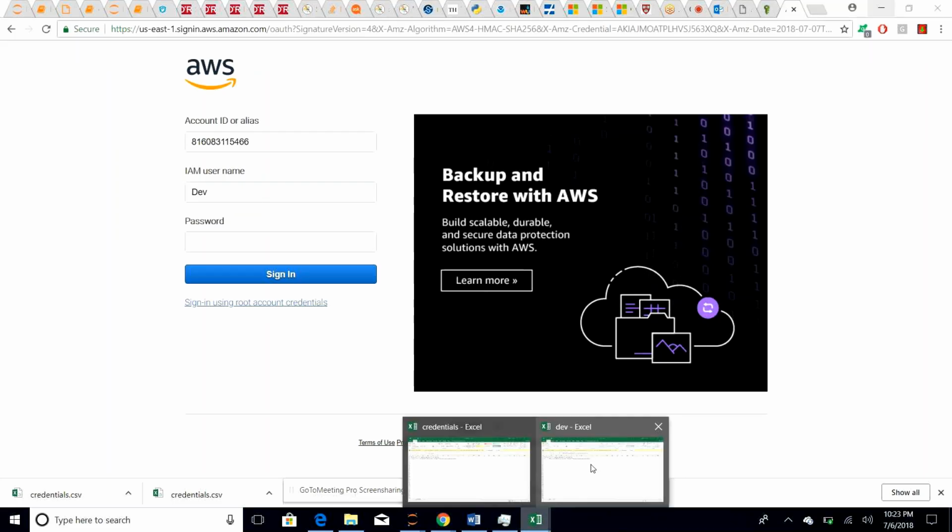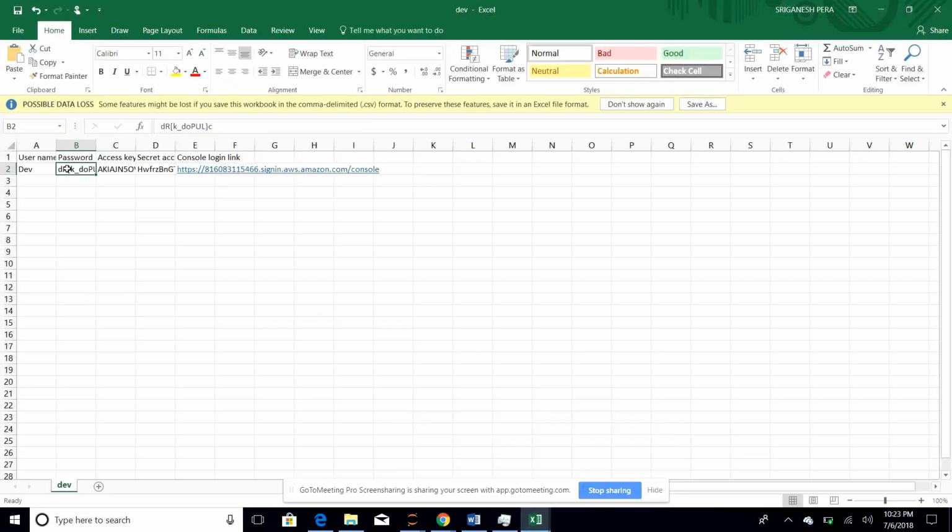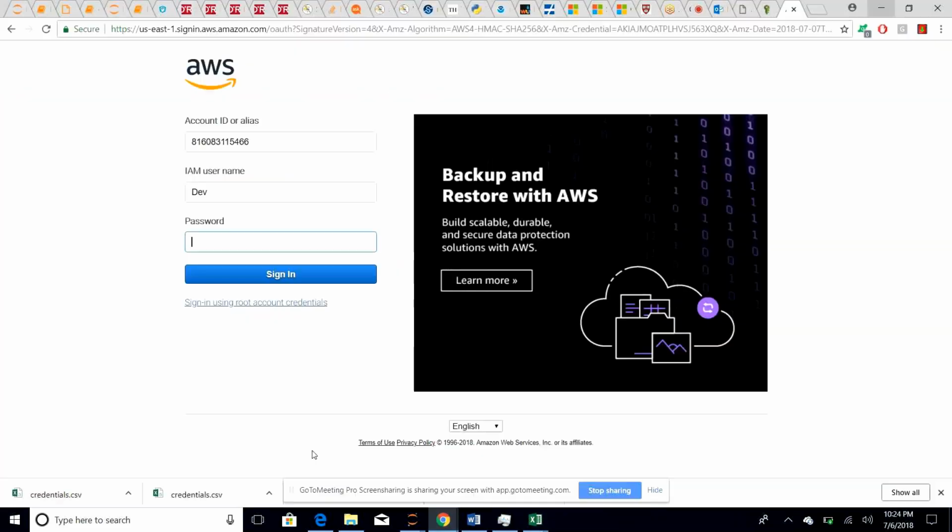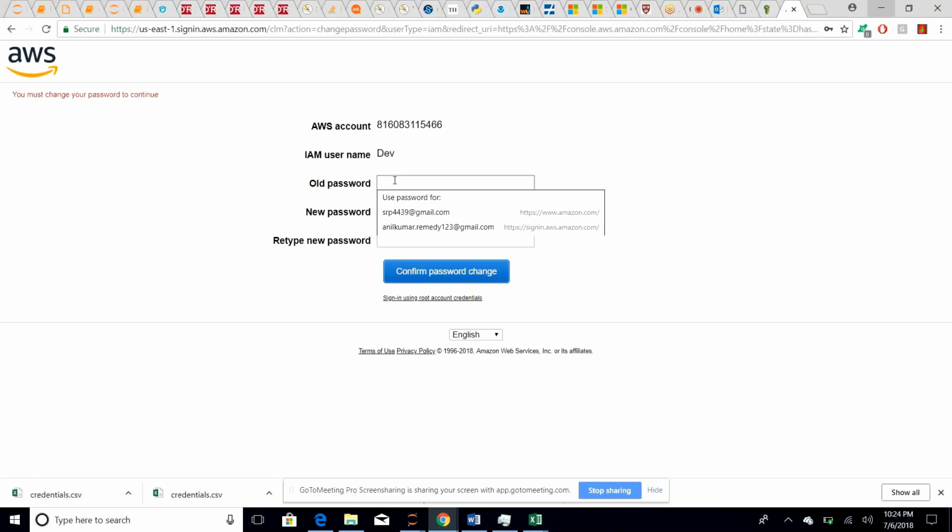Password is already given here, right? This is the password. Copy the password and enter. So now it's asking for the old password. Old password, I just copy. New password, let's say AWS 123 dot. AWS 123 dot. Confirm password change. So now